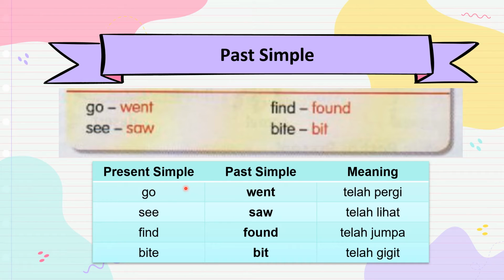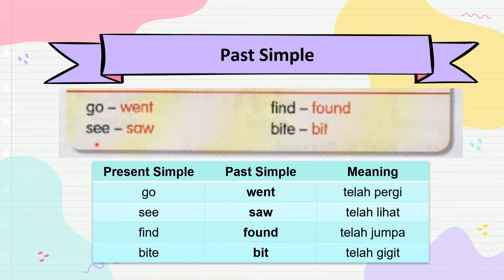Okay, ini present simple. Present simple benda yang sedang berlaku, yang sekarang berlaku. Past simple, we talk about the past. Apa yang dah berlaku sebelum ni. Apa yang telah berlaku. So, bila awak nak gunakan dalam ayat, dia akan berubah. Okay, go untuk benda yang berlaku sekarang. Saya pergi ke sekolah. I go to school. Tapi kalau nak cakap saya telah pergi sekolah semalam, I went to school yesterday. So this is the difference. Berubah. Bila nak cakap tentang perkara lalu, perkara yang dah lepas, verb, kata kerja akan berubah menjadi went.